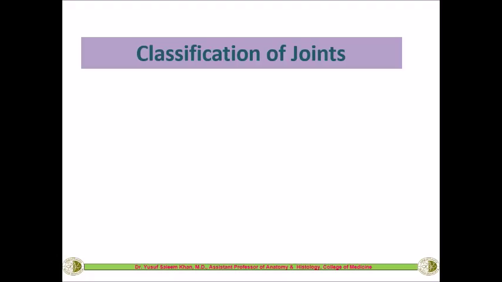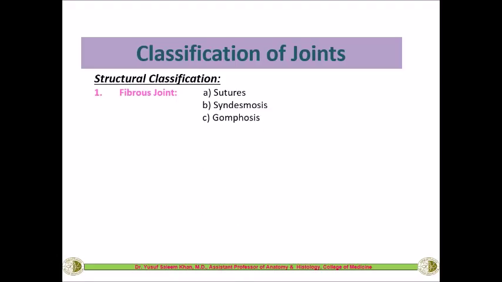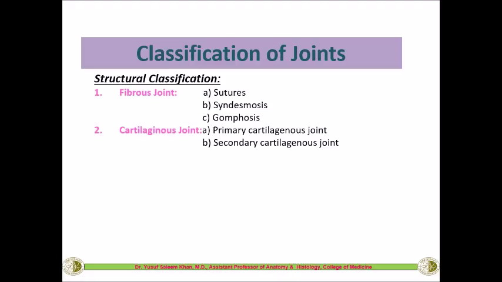To begin with, before we discuss the joint itself, we are supposed to know the classification of joints. There are many different types of classification. One type is the structural classification. In this, the first type is the fibrous joint. Fibrous joints are again of three types: the sutures, the syndesmosis, and the gomphosis. Then we have the cartilaginous joint, which is again of two types: primary cartilaginous joint as well as the secondary cartilaginous joint. The third and the most important will be the synovial joints, and the most common among them will